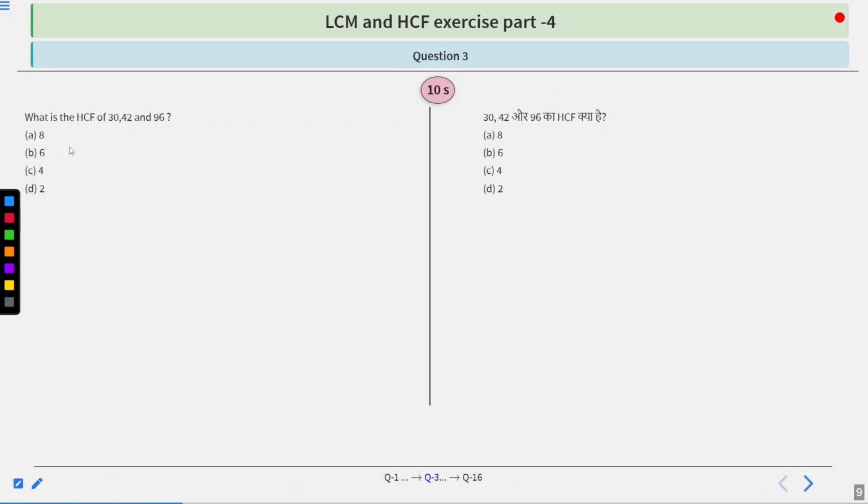What is the HCF of 30, 42 and 96? Options are 8, 6, 4 and